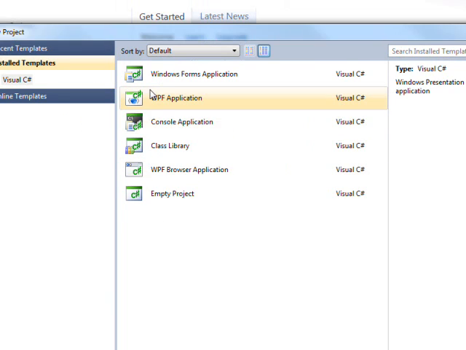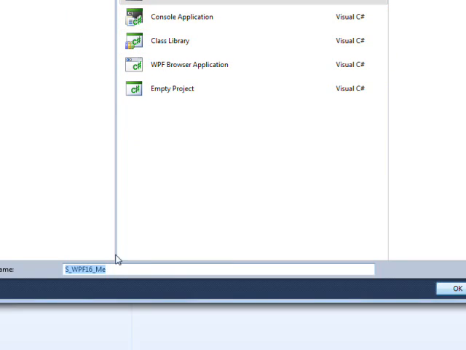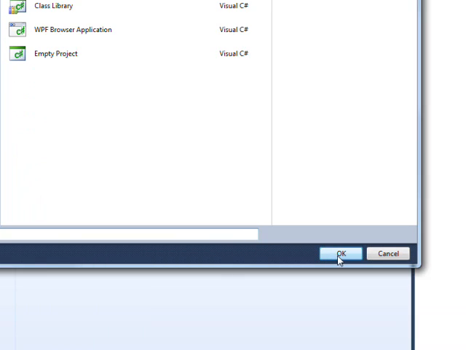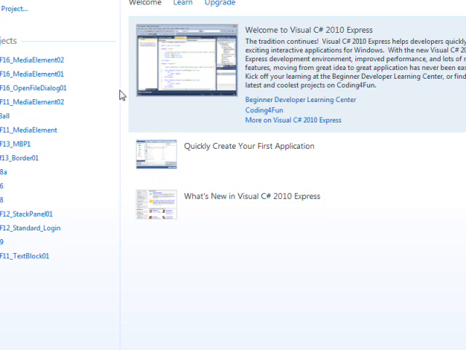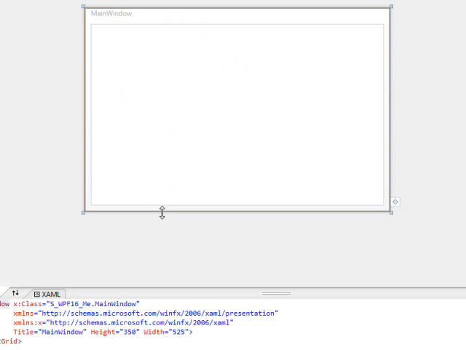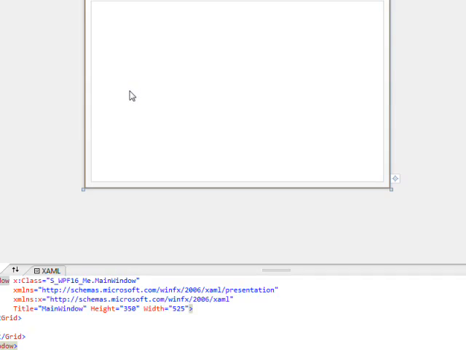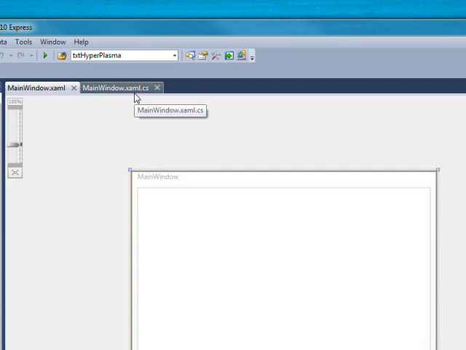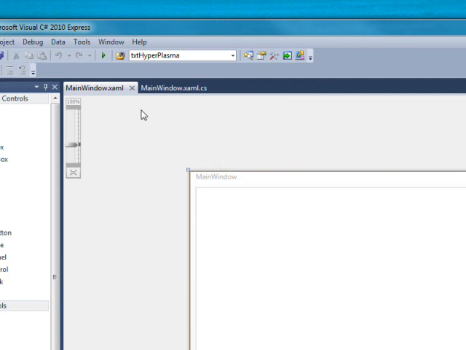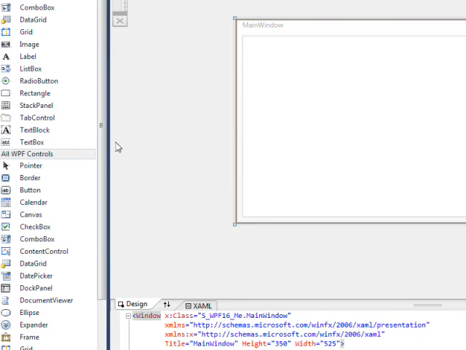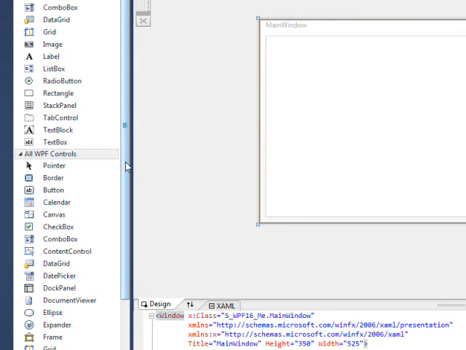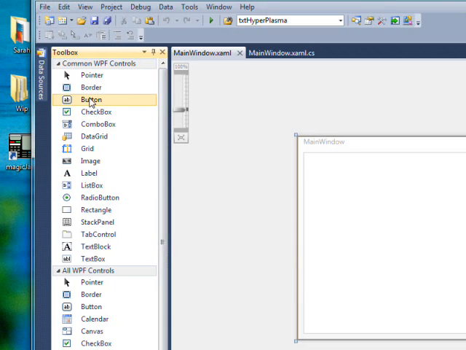We want to create a new project that's a WPF application and click OK. That comes up with the usual 3 windows: the XAML code behind, the XAML designer, and the XAML window itself. And initially we need an object to initiate the process, so let's drag a button over